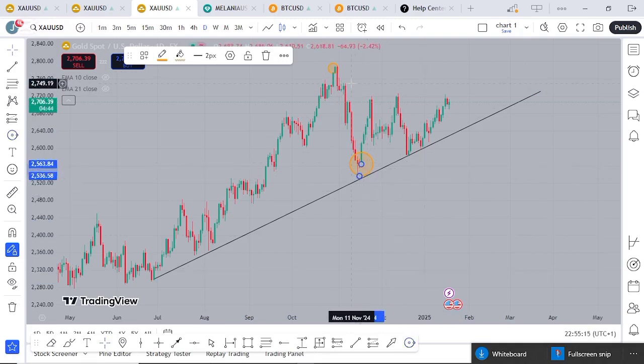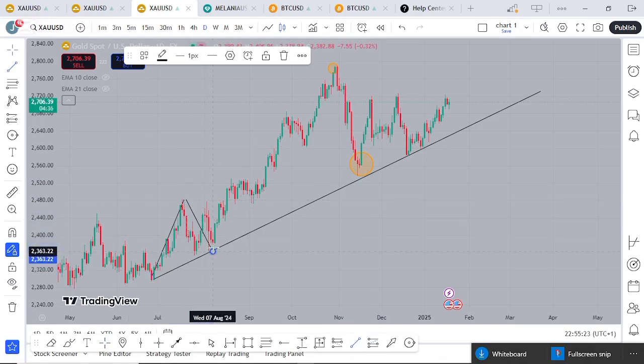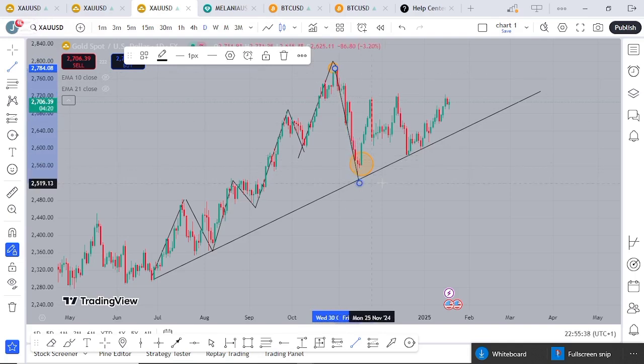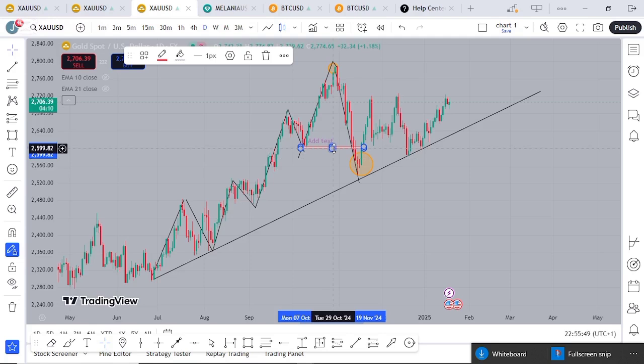Now it pulled back and it broke our market structure. What do I mean by that? This is our market structure: higher high, higher low, higher high, higher low, another higher high, higher low. Then we saw another higher high. Now we were expecting a higher low, but the market couldn't print a higher low, so it gave us a lower low. So from this point is where the shift of market structure occurred. This point was violated.